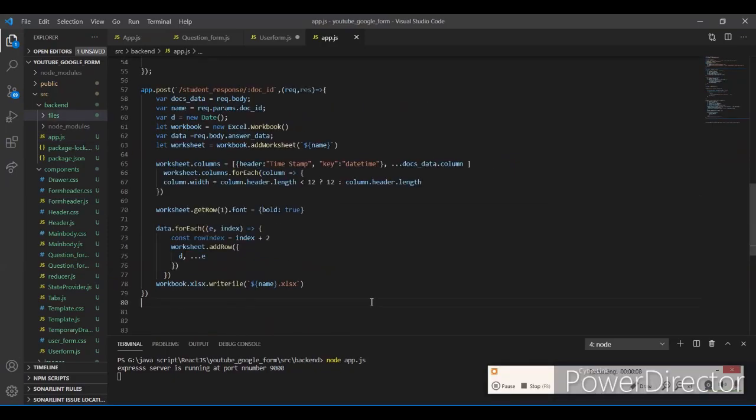This is the post API with the path that is a student response and the document ID, and the request body will have the data, and the name of the document is the request.params.documentID. This is the document ID where you will get, and here you create the instance date. This is not needed, comment this,